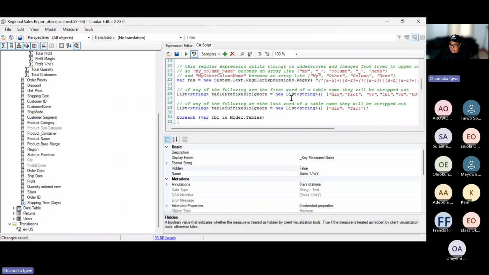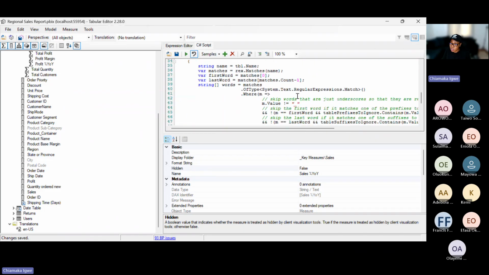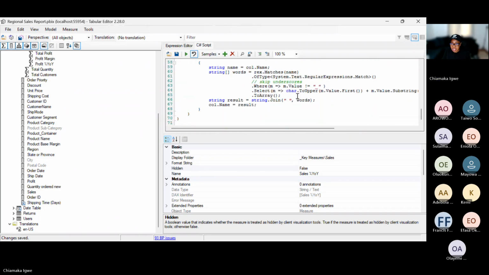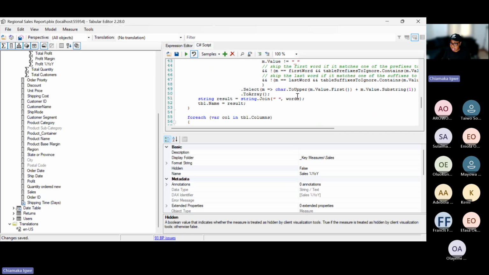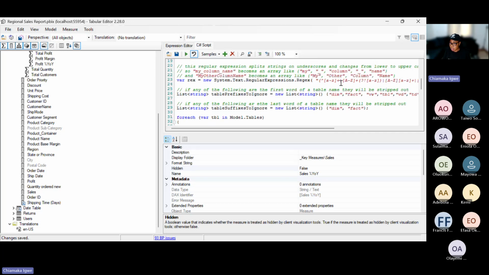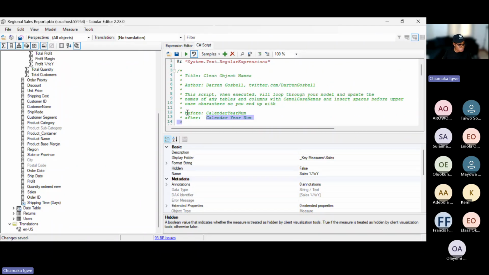Before, this is the way it looks, or with an underscore, but after, it's going to split this. And this is the remaining part of the code. If there is an underscore, or if there is a hyphen, remove that and just give me a space. This is what this code is going to be doing. So we will look at the product container as well as my ship mode. So when I run this,